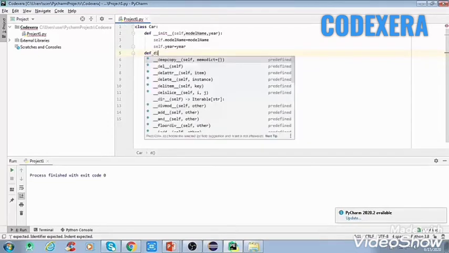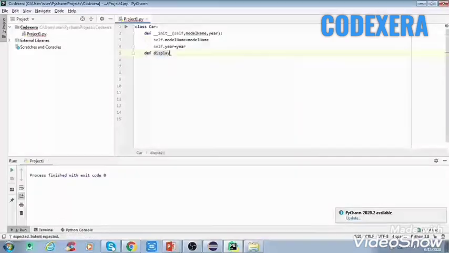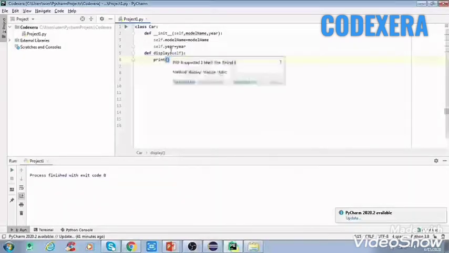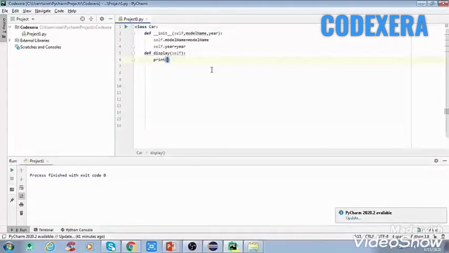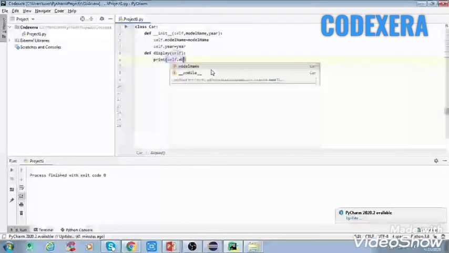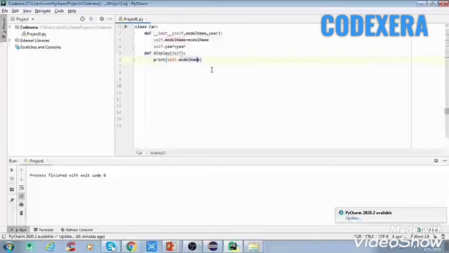Here we'll create a method with the name display, suppose, and after creating this method we'll give the values which we want to see in the output, because the object we create will interact with this method, and with the help of this method we will be able to see our output. Suppose we want to print self dot model name.